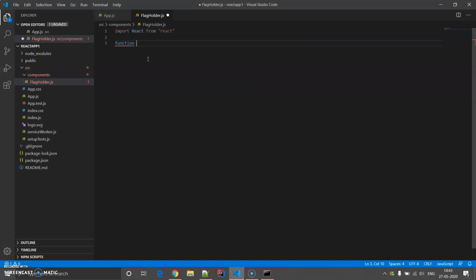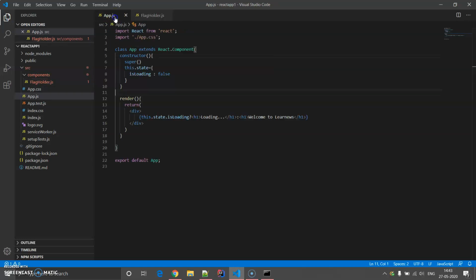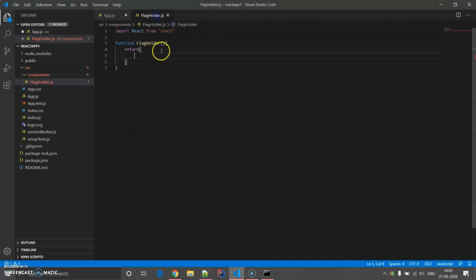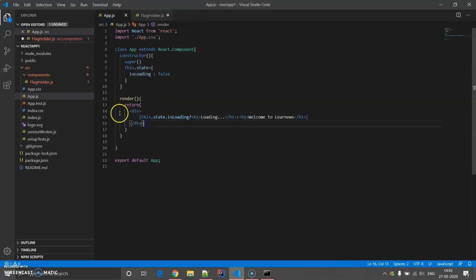I'm declaring this as a function, FlagHolder, and here we are going to return this value, but with certain change, putting the entire thing in with some change.